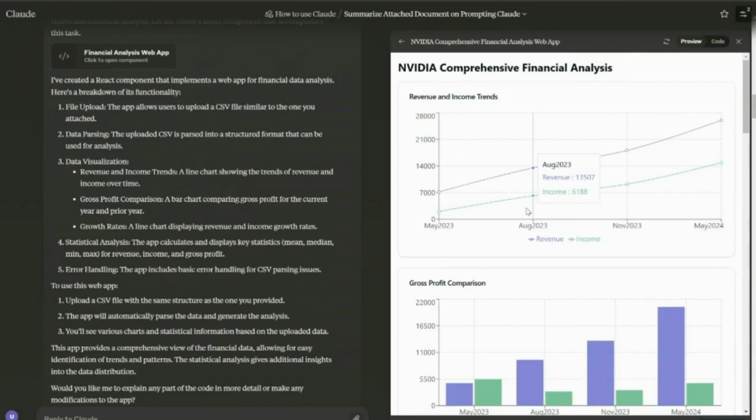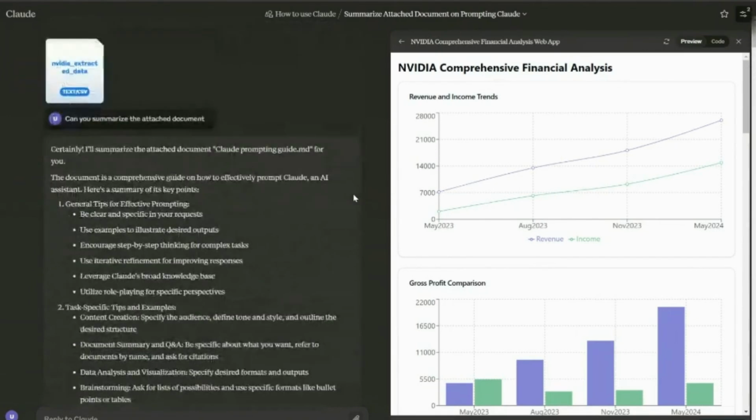So the goal is really to get that accurate information first. I think that's it. We covered most of the aspects of this platform, both Claude and Kudra.